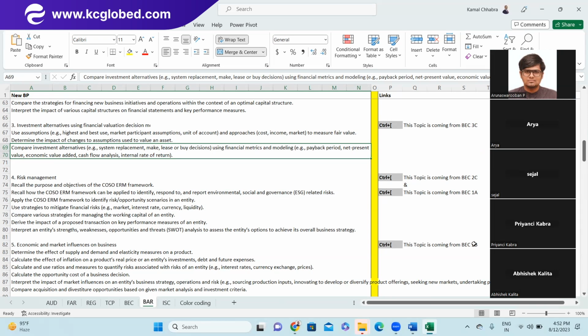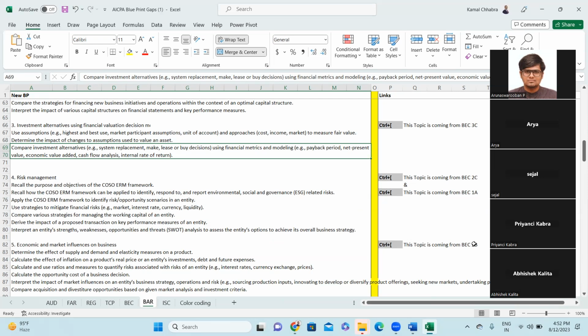Okay, investment alternatives are different ways of making investment, and what all things you should be considering when you are evaluating the different proposals for the investment, like at how much time you'll get the payback, what is your net present value, what is the economic value, what is the cash flow, what is the discounted cash flow, what is the internal rate of return you'll be getting out of it, right? I'm sure in costing you might have studied this topic in your graduation, but we'll be doing a reiteration of the same.